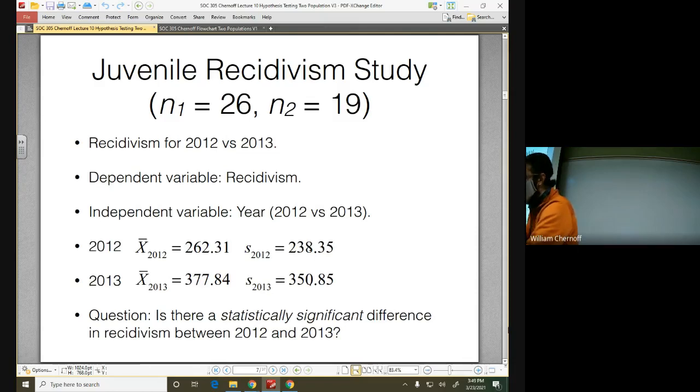What's an example of a null hypothesis for this particular scenario? Okay, good question. So the null hypothesis is the doubting scientist hypothesis. There is no difference between the population mean in 2012 and the population mean in 2013. The alternative is that there is a difference. Some kind of difference. So you have to think again of this doubting scientist claim. The policy didn't work. Paying probation officers more money, giving them access to more programs had no effect. That's the doubting scientist claim.